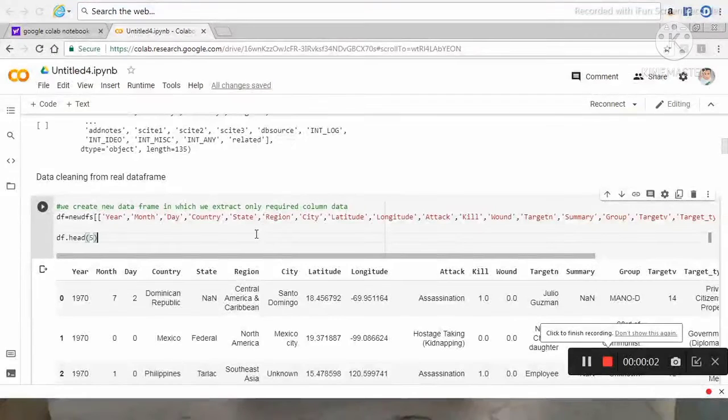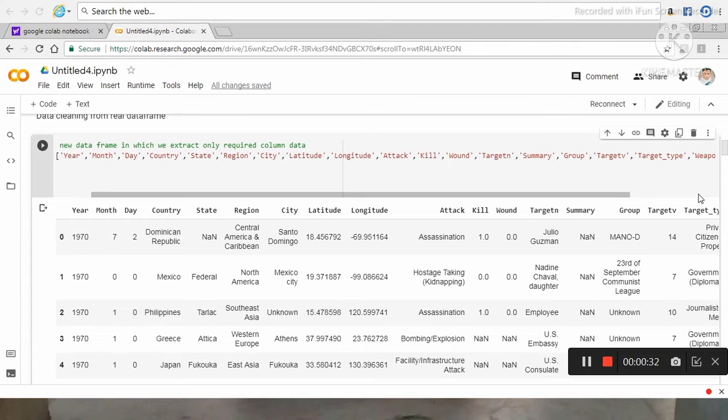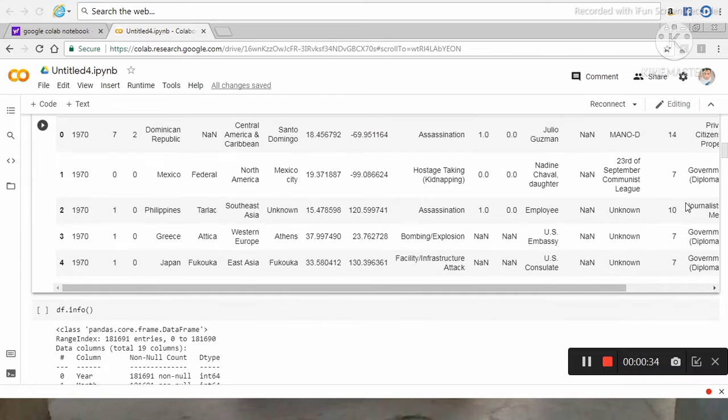It's data cleaning time, or data wrangling. As I already said, my data is too big, and for data analysis we don't want all the columns. So I just took those columns that are important for my analysis, extracted those columns from the data and assigned them to df. Now I execute this code, and now you can see that this is my cleaned data. Now I just have that information which is of use to me. So I hope it is clear.